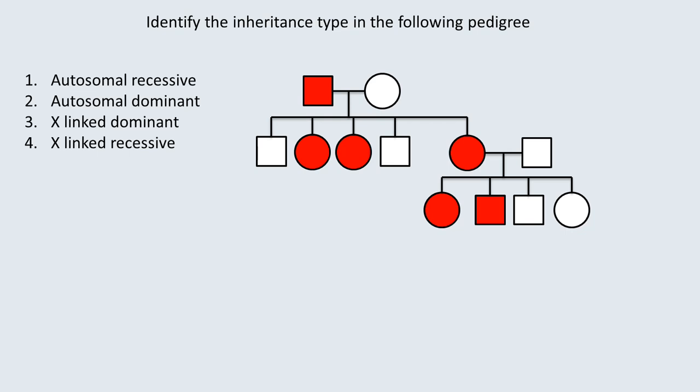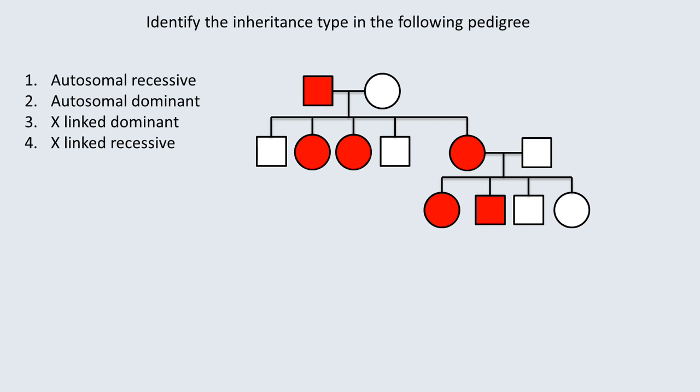But now here in the second generation, only females are affected, but the males are healthy. And the affected female from the second generation who is married to a healthy male, their children, out of 4, there are 2 males and 2 females. Again, only 1 male is affected and 1 female is affected. But the remaining 1 male and 1 female are completely healthy.